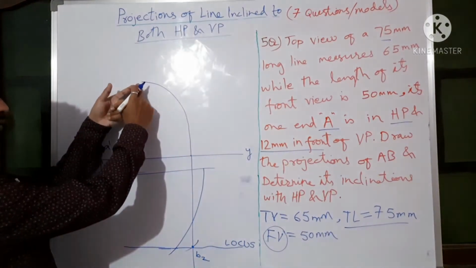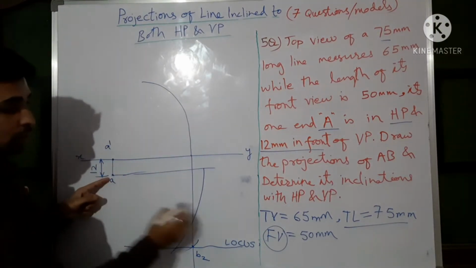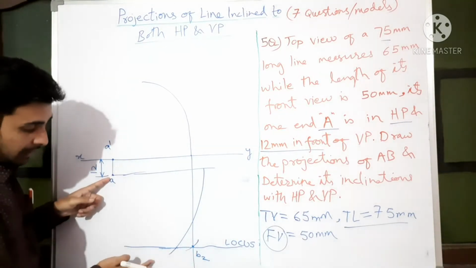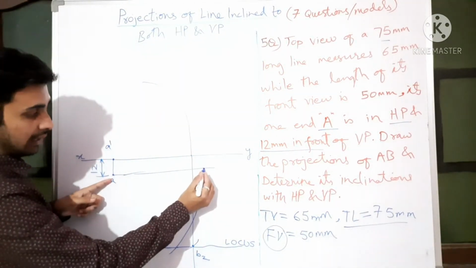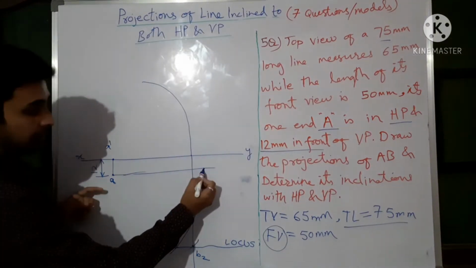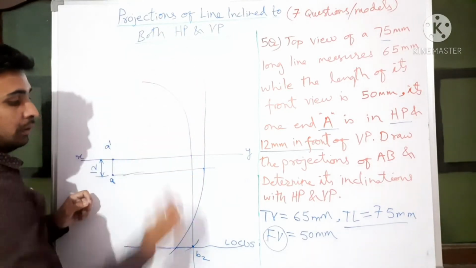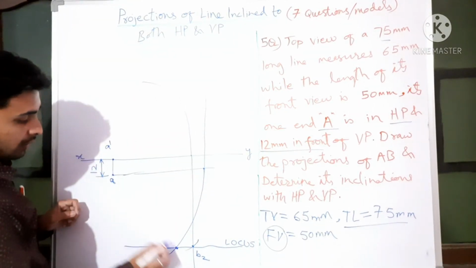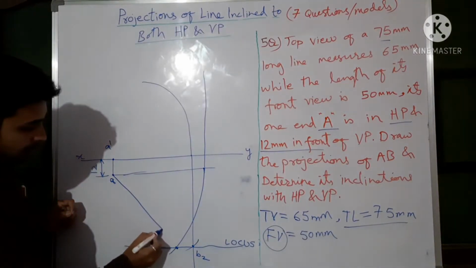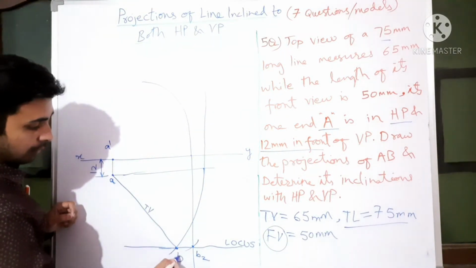Earlier here we have taken front view 50 mm, then we have projected. Like that here top view how much? 65. That 65 we will take and rotate till this level, because wherever A is there, from their level we will rotate. Then from here, vertically projected. So this is your top view and this is your B.